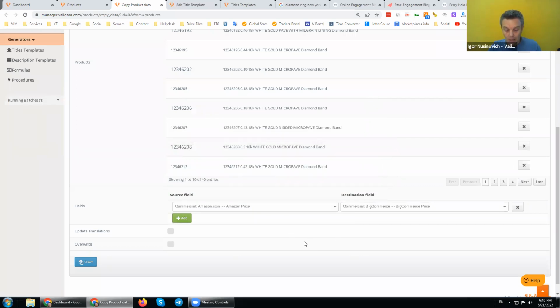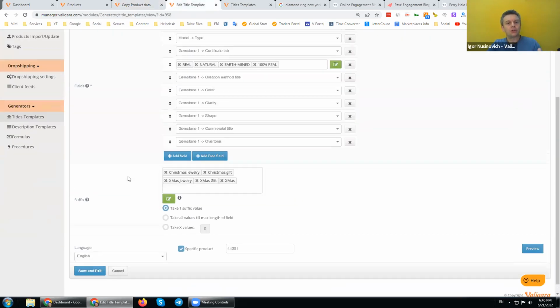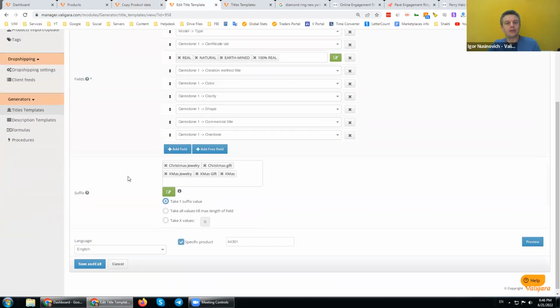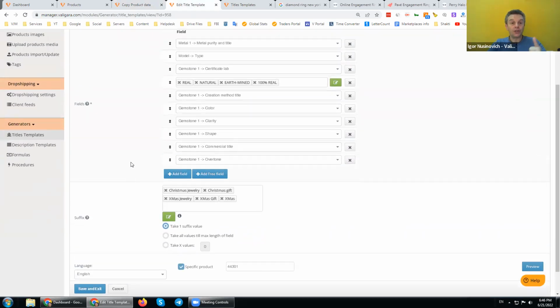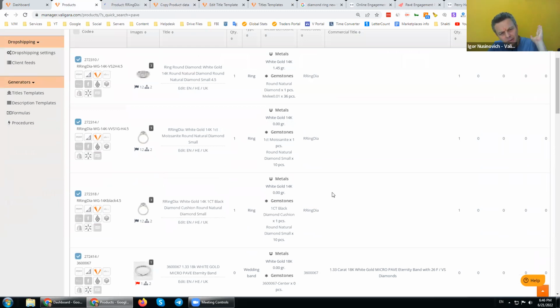And now, going back into title generators, right? We want to make sure that we apply the right information into uniqueness fields on the products with copy data, or by importing, or by taking it to the copywriter.